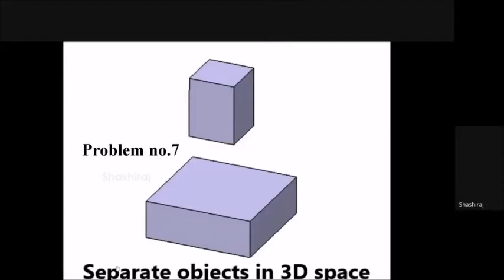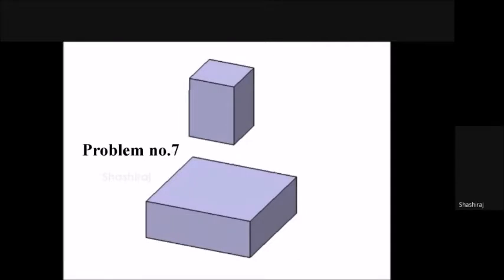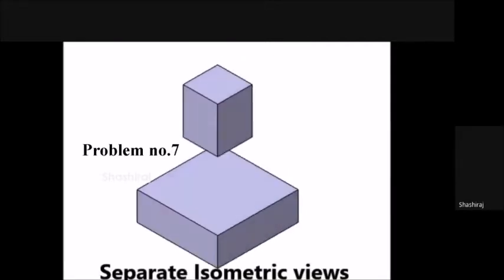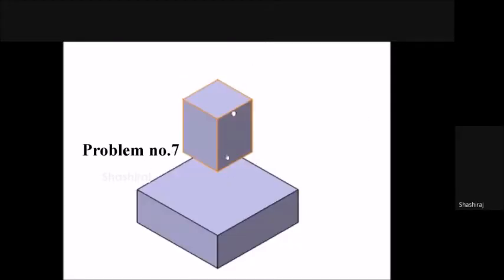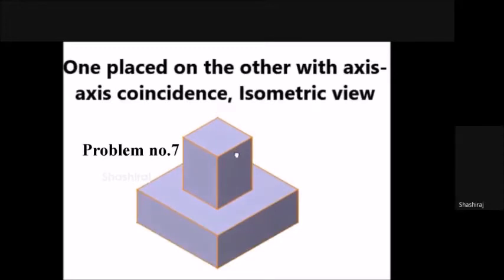Contents which are kept in 3D space initially. If I turn it and place it in isometric projection, it looks like this. This is the isometric projection of those solids individually. They are not placed one above the other now. They are actually in space. Now if I place them one above the other, how does it look? See, it looks like this. This is the solid which is placed on this solid exactly at the center. That is what is called symmetry. So this is what we need to construct now.